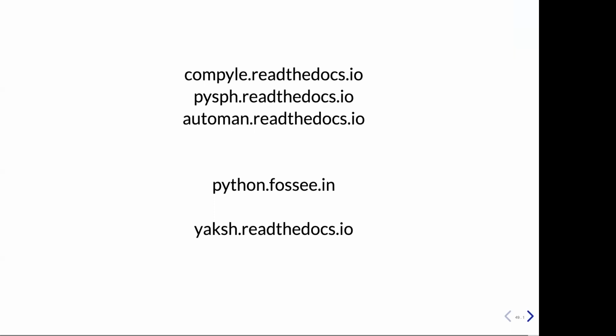There's one question. It says, what are the Python FOSSEE tools for cryptography? Or maybe FOSS tools for cryptography. First, a disclaimer: I don't know anything about cryptography. All I know is there are large primes involved, and it's all about prime number factorization. That's about the substance of what I know. I generally use SSH and OpenSSL. I do know there are bindings for OpenSSL and a package called Paramiko, but I don't believe that's the question you're asking. I honestly don't know the answer, but I'm sure there is something available.